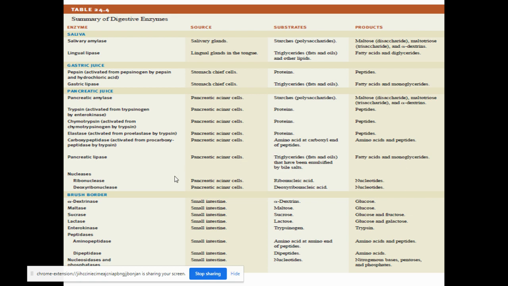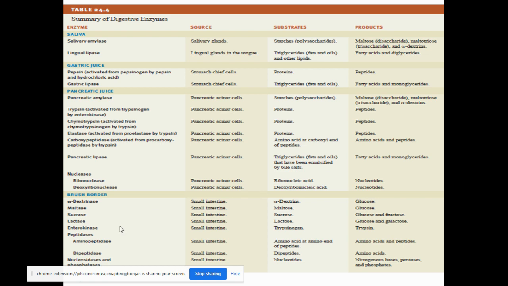So the same micelles are involved in the absorption of lipids that we will see in the coming slides. The same micelle formation, because of the amphipathic nature of the bile salts, they form micelles around the lipids, which will help in the digestion as well as the absorption of the fats. So this is how they are absorbed.